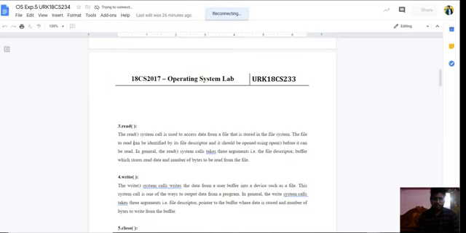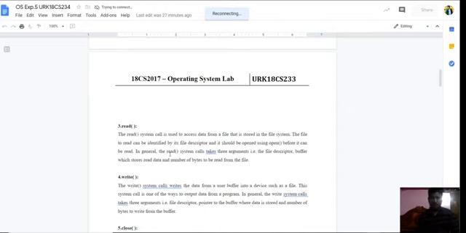The file to be read is identified by a file descriptor, and it should be opened by the open command before it can be read. I already told you, before reading a file, we need to open the file. See here, that's the point mentioned: it should be opened using the open command before it can be read.